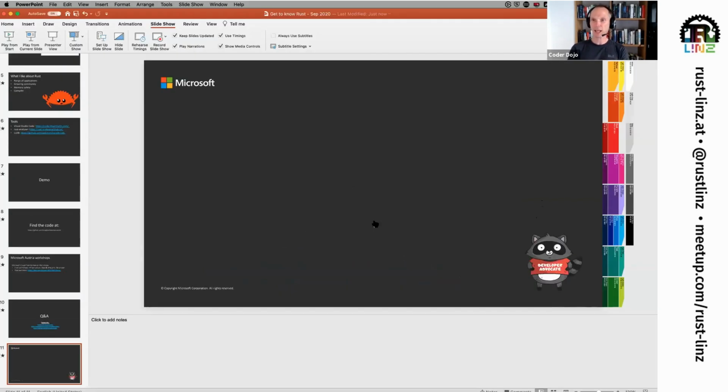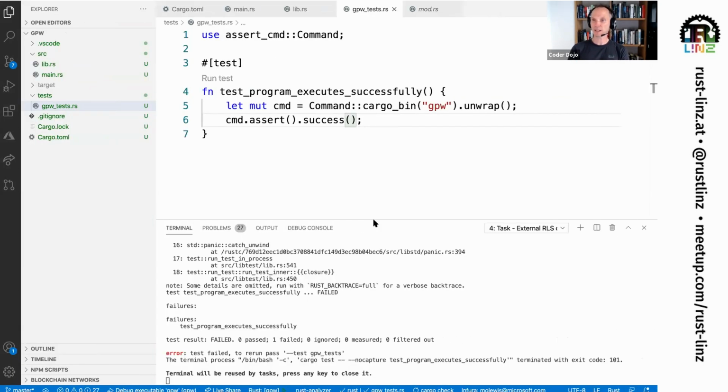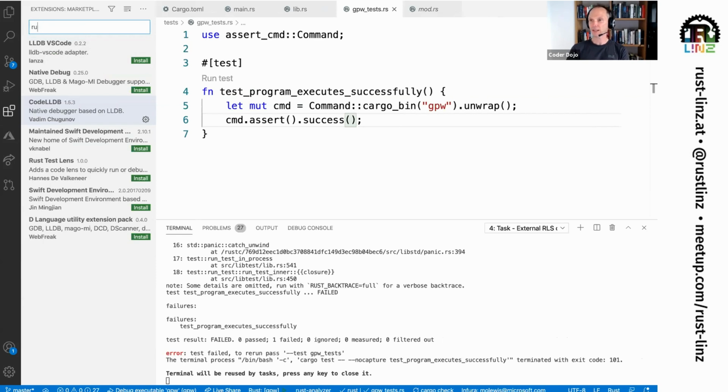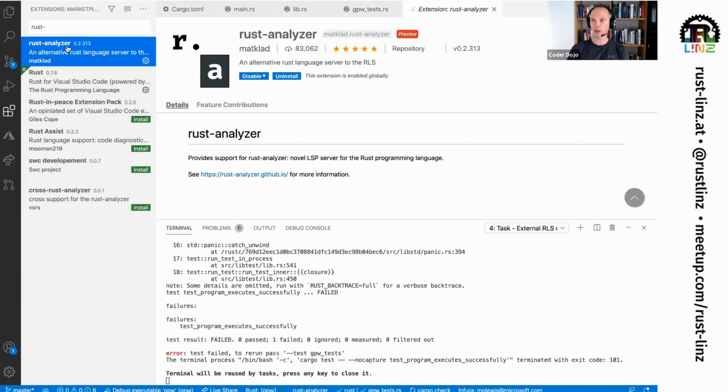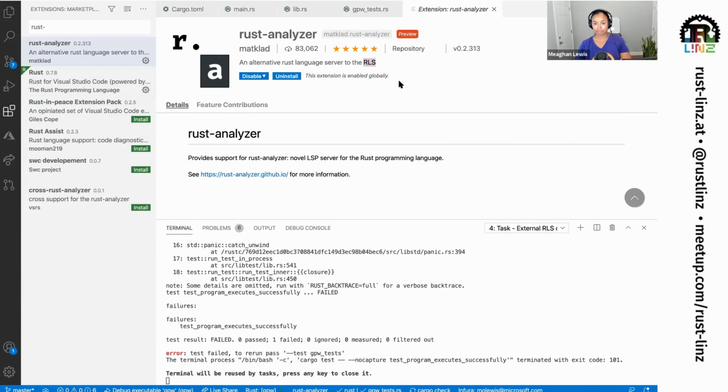One question that came up is you were using the Rust Analyzer, which is, I think, an alternative language server for Rust. Is there a specific reason why you didn't use the official Rust one, the one that Visual Studio Code automatically suggests? Which is, I'm assuming, RLS, right? The second one on the left-hand side, yep.